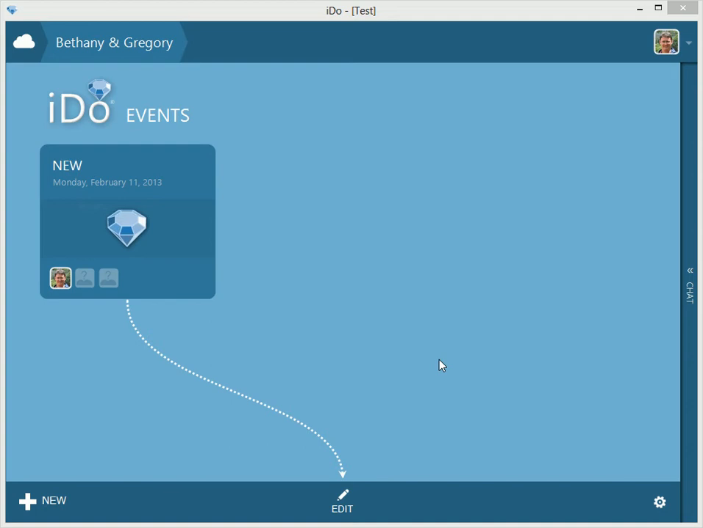Here we are on the event screen. It looks very similar to the cloud screen, and as you can see, our breadcrumb trail up at the top sort of gives us an indication where we are. We have the main cloud homepage, so to speak, and now we are in the actual cloud of Bethany and Gregory. These are the events that are currently listed, and we have one called New, and if we click on